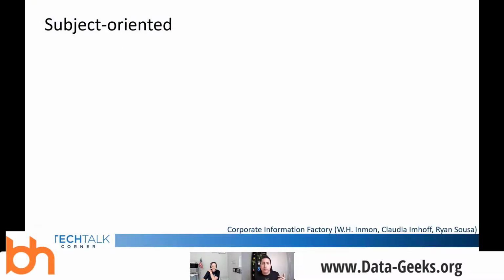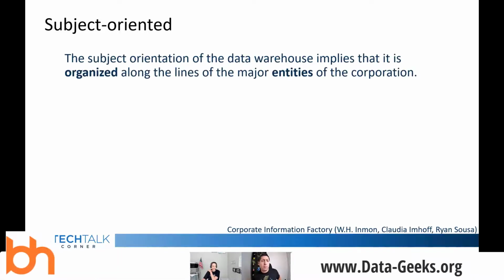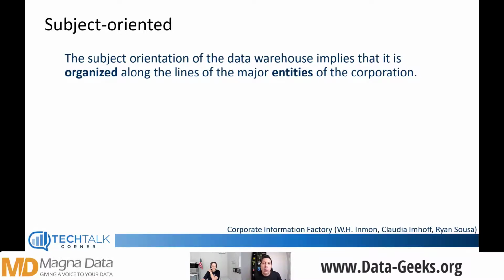Remember, these will be the 6 main characteristics that will help you assess if you are building a data warehouse, and if the technology that you're going to use is going to help you achieve that data warehouse environment. From a subject-oriented point of view, it implies that the data is organized around the key entities for your company.